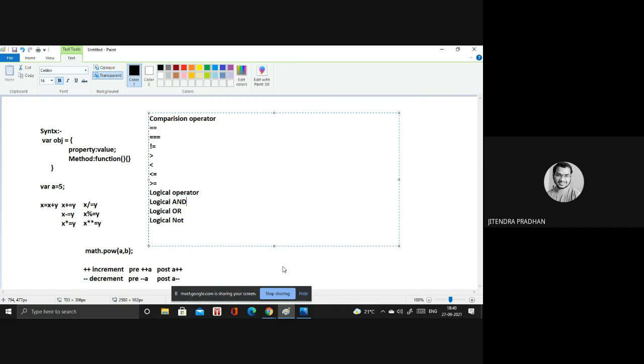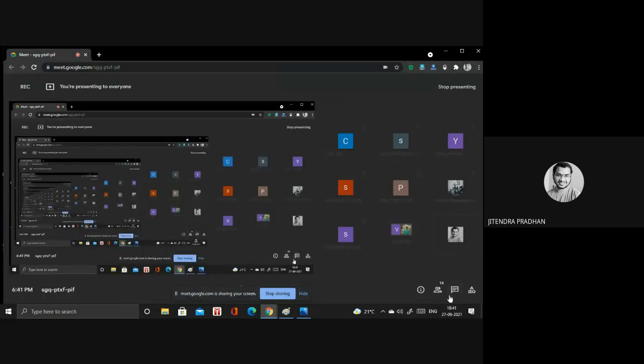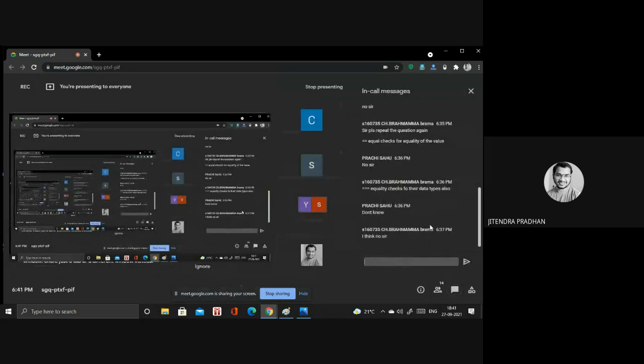The sign we are using for that, we have sorry, and we have. Okay, so I hope you got this point. Does anyone have any idea about logical operators? What is that and how does it operate?